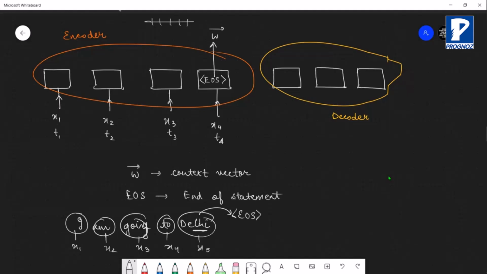What a context vector is, I will explain in a minute. But before that, just tell me if it is clear. Any doubt till now? No sir, clear. Okay, fine. So till now we have understood that we are going to have one output towards the end. In case of the encoder, that output is going to be known as W, or you can say context vector.